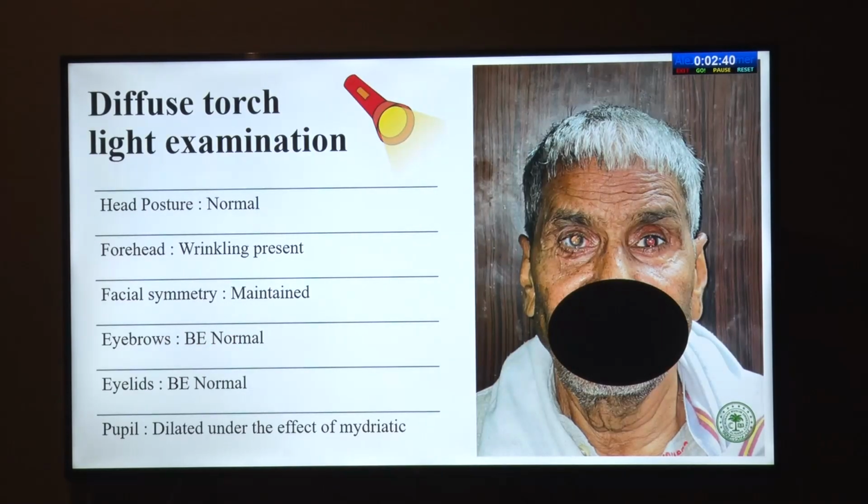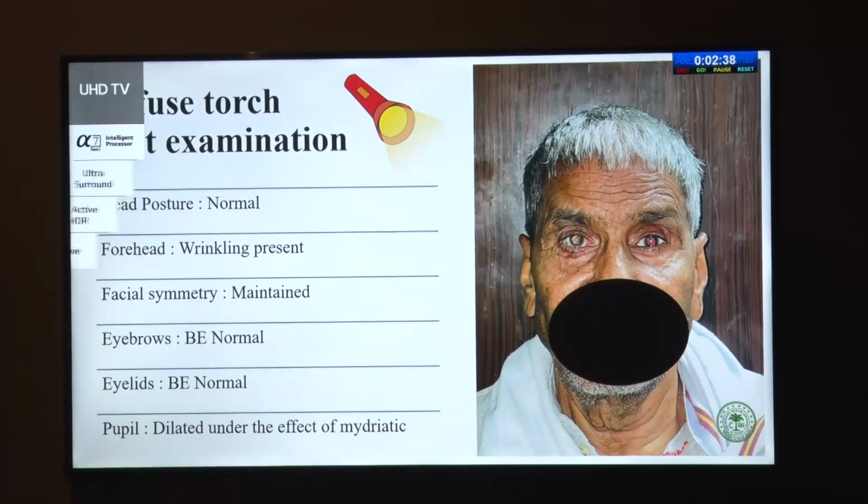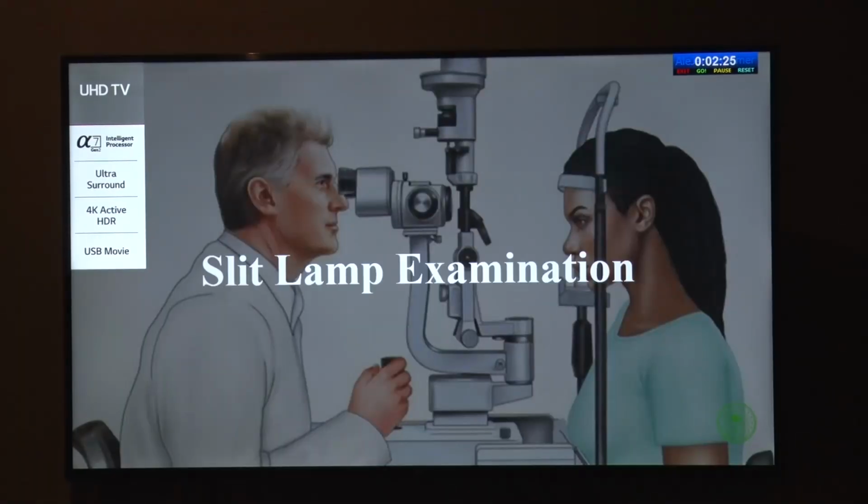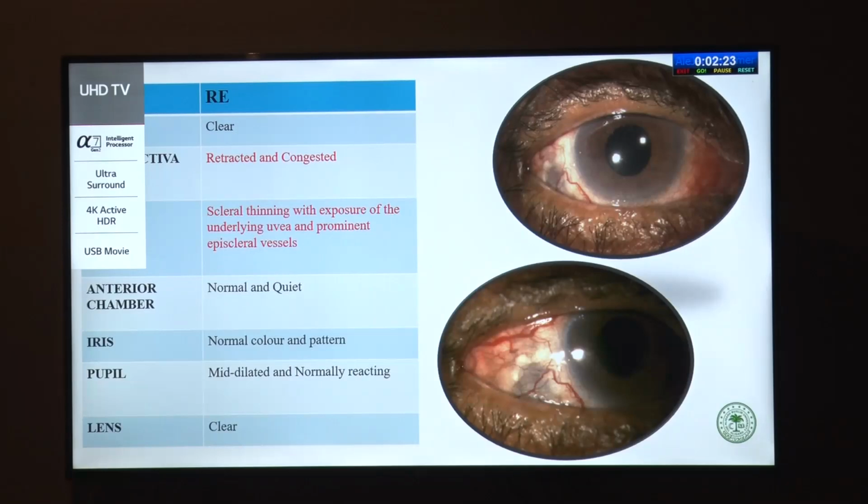The diffuse torchlight examination of my patient was normal. His ocular examination, the best corrected visual acuity in the right eye, that is the concerned eye, is 1/60. In left eye, it was plain 6/12. Rest everything is normal. The slit lamp examination of the right eye,